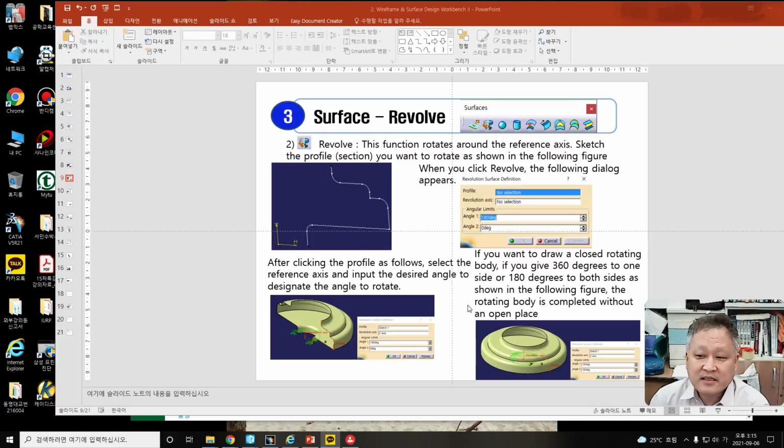Okay, let me see. Today I want to explain the surface toolbars. In the previous lesson I explained about revolve. After clicking the revolve, this function is to rotate around the reference axis, sketch the profile section you want to rotate